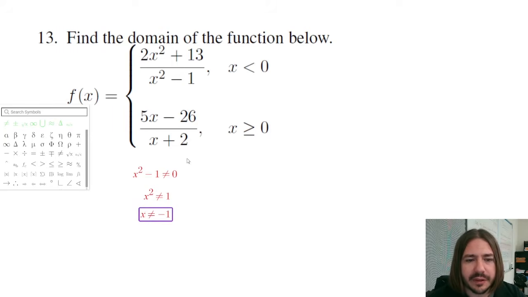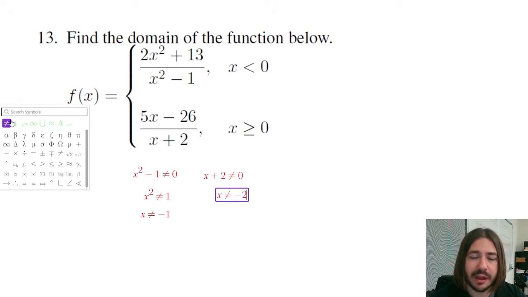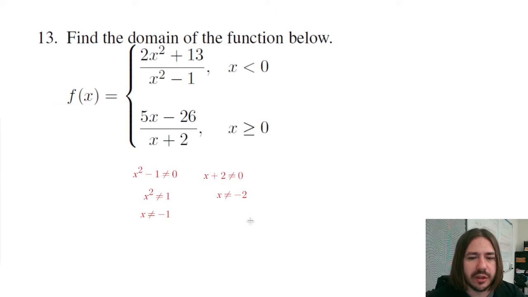So on the second piece, if x is negative 2, that's going to cause a problem. That's going to cause a divide by 0 error. If I say x plus 2 can't be 0 and subtract 2 from both sides, I'm going to get that result. However, this piece is only defined for where x is greater than or equal to 0, so we can safely ignore this domain restriction. So the only domain restriction we have is that x can't be -1,